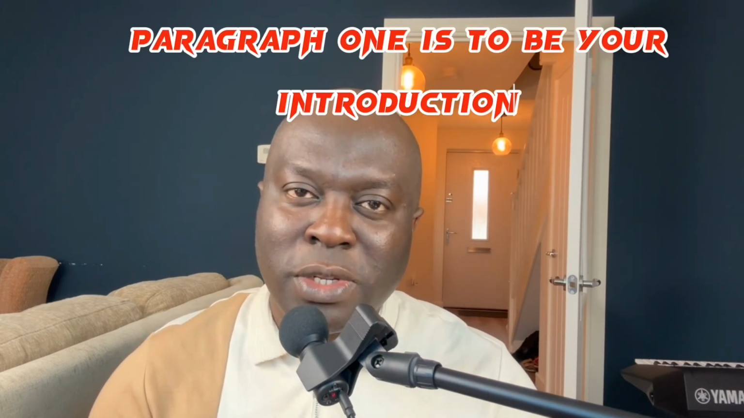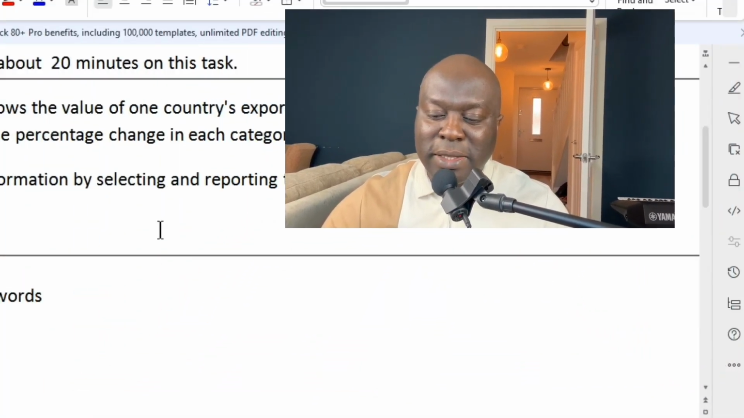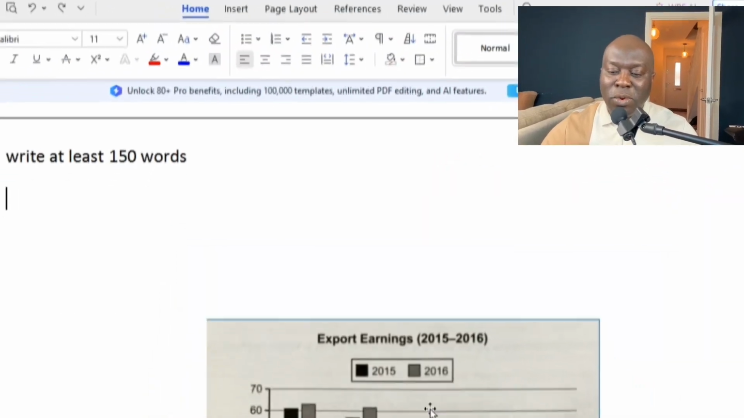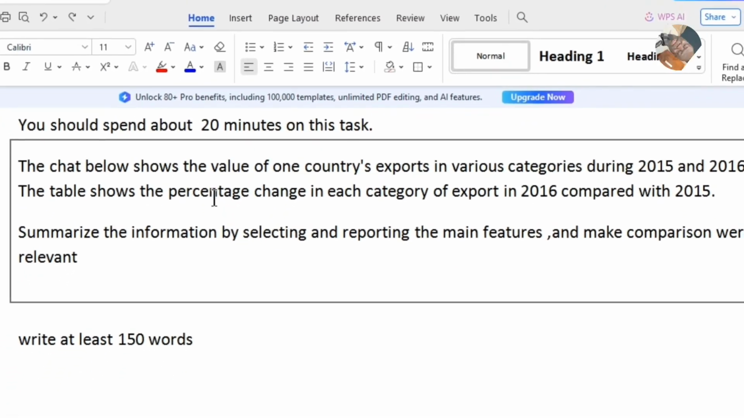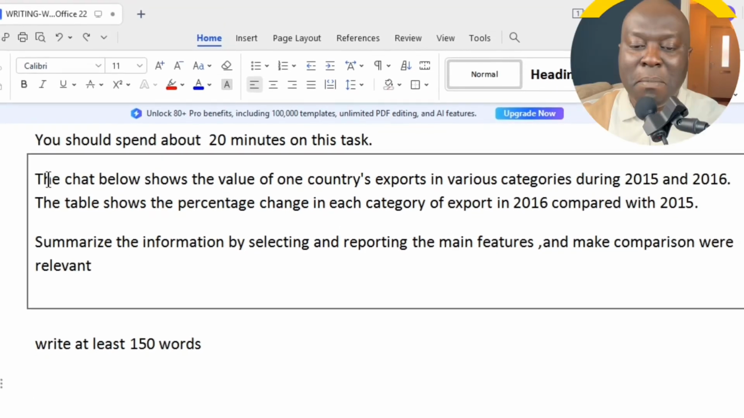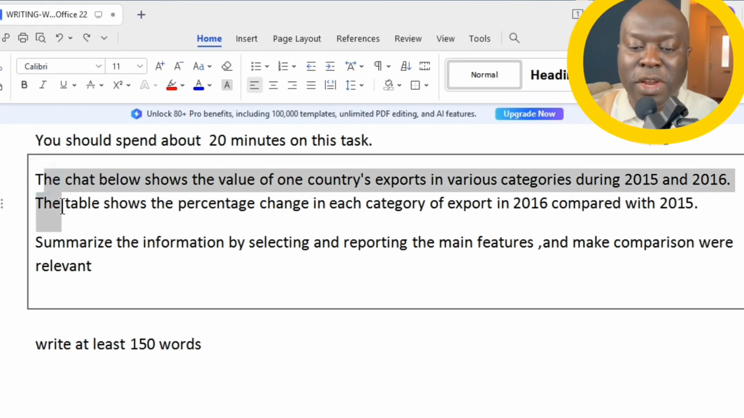The paragraph 1 is supposed to be your introduction. And what is your introduction going to do for you? Your introduction is going to be the question itself. Question rephrased, question paraphrased. The introduction, you look at the question prompt. Just like we have here, can you look at this question here? This one we have here is actually the question. You are meant to paraphrase